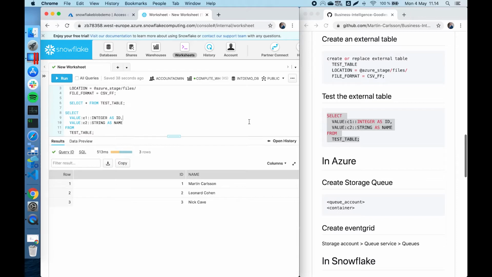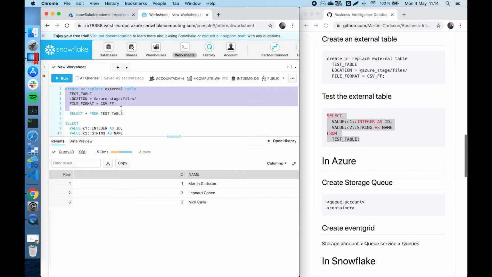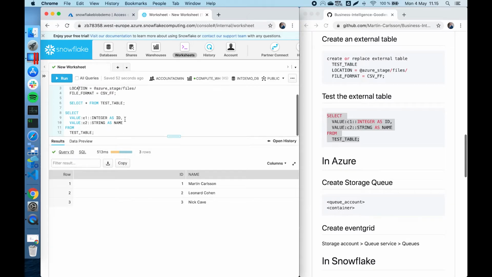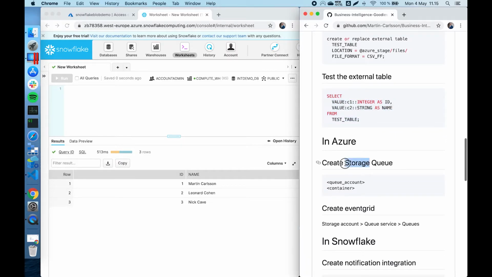The reason why this was updated was because I created this one here. So if I just start adding new files to this blob storage, it will not pull in the data, because it will only pull in the data when I create this one. So we need to set up a notification to Snowflake to know each time that an external table has been updated. So the way we do this, we create a queue